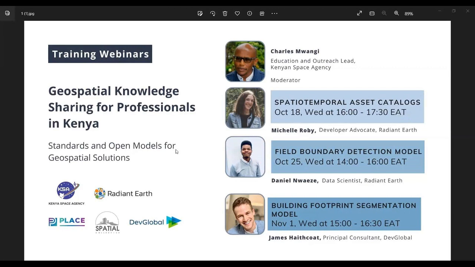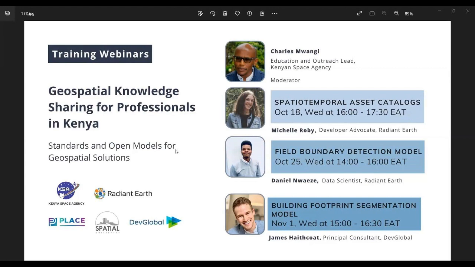My name is Charles Mwangi. I'm the Acting Director, Space Sector and Technology Development, and we're working collaboratively together between the Kenya Space Agency, Radiant Earth, Space Dev Global, Spatial Collective on a project where we have been doing some activities related to drone mapping with the intention of developing some products that would enable us to generate label data that can be used for AI training, and that would form the basis of the conversation that we're going to have as we go along.